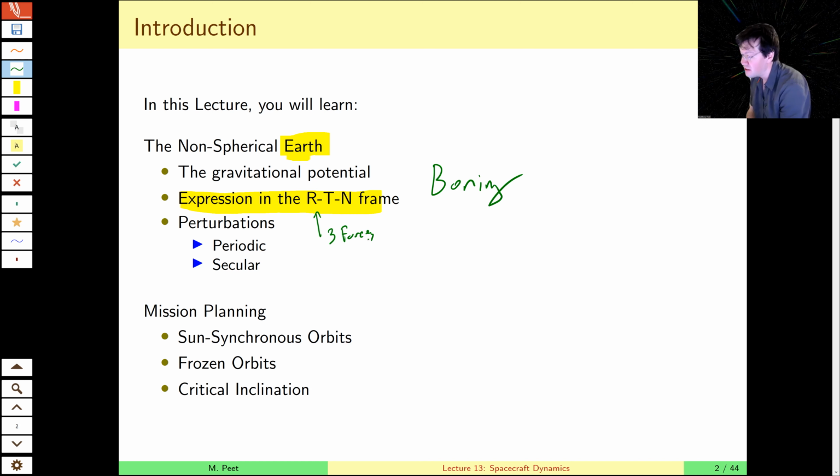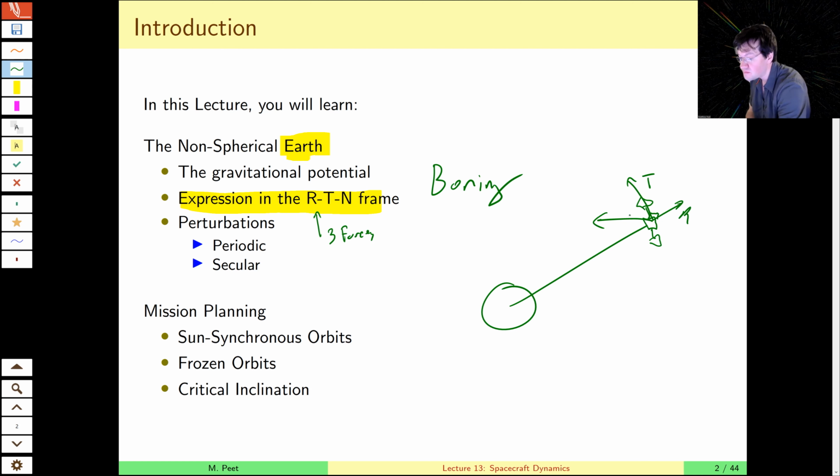Where, if you recall, here's our orbit, here's our spacecraft, our satellite, right? There's our satellite there, and remember, radial is in the direction of the radius. N is out of the orbital plane, perpendicular to that, and tangential is perpendicular to both of those vectors. So we'll break down the effect of that gravitational potential into those three forces,